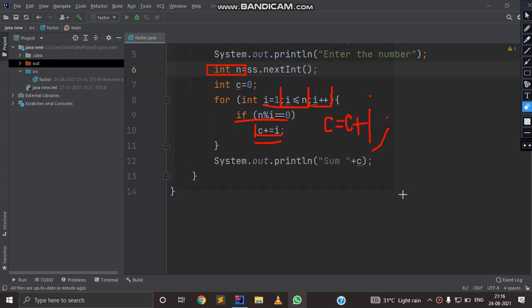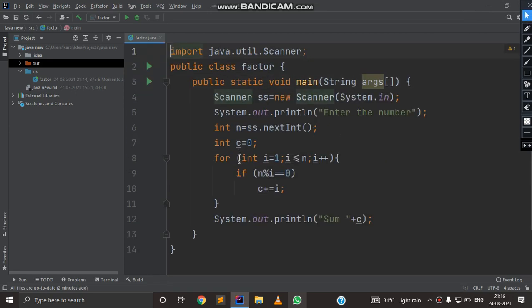Now I'm going to run a program in which we will count the number of factors. For counting, we simply have to write C++. What happens here is that the numbers are not being printed, instead the values are being counted.